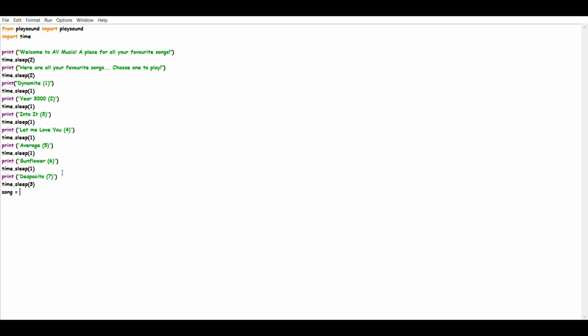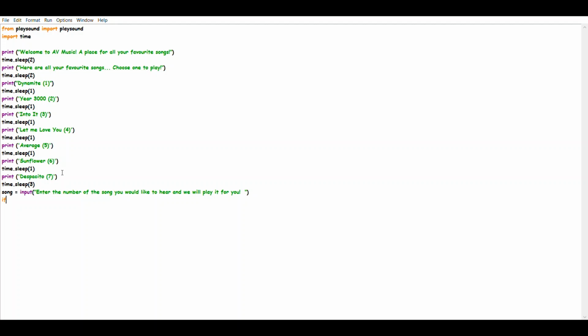I'm going to put song is equal to input, enter the number of the song you would like to hear and we will play it for you. Now this is up to you, what you want to type, what you don't want to type. You can decide it.